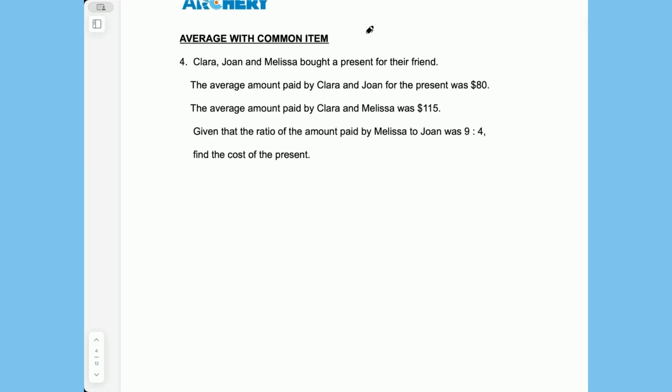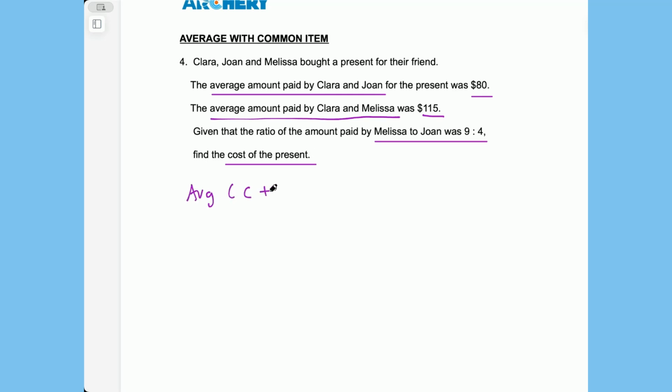Now, Clara, Joanne, and Melissa bought a present for their friend. The average amount paid by Clara and Joanne was $80. The average amount paid by Clara and Melissa was $115. Given that the ratio of the amount paid by Melissa to Joanne was 9:4, find the cost of the present. Alright, so the average of Clara and Joanne is 80,